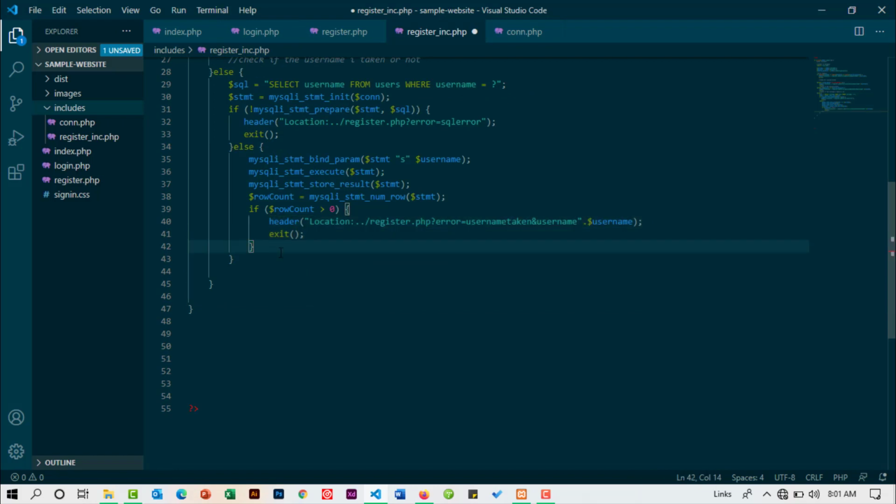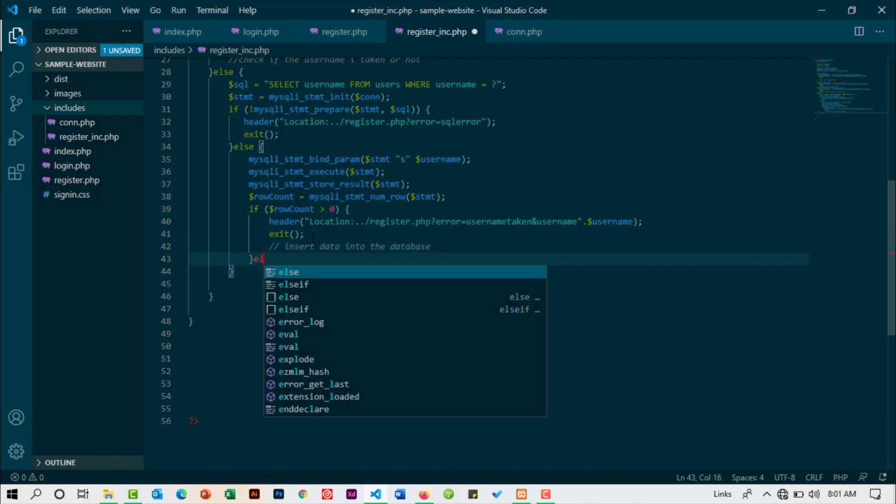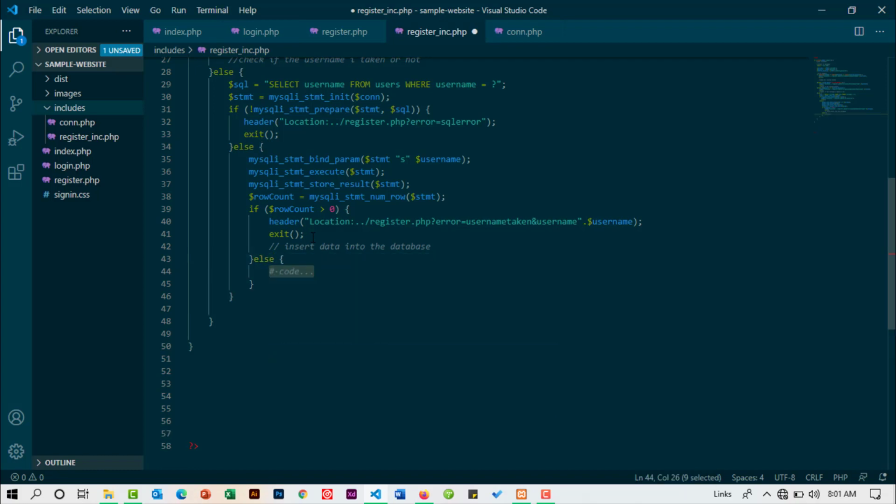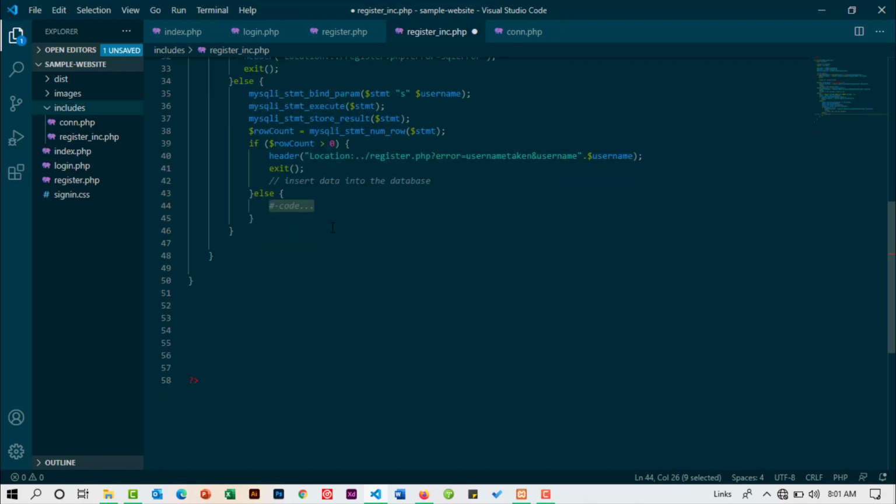So now we're going to proceed on, and if all that is done, now we can insert the data into the database. So I'm going to come in just before I continue here, I create a comment and say insert data into the database. So insert the data into the database. So I'm going to come here and say else, I create a variable SQL again,